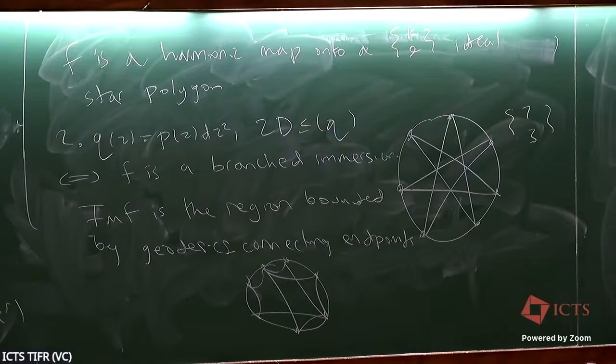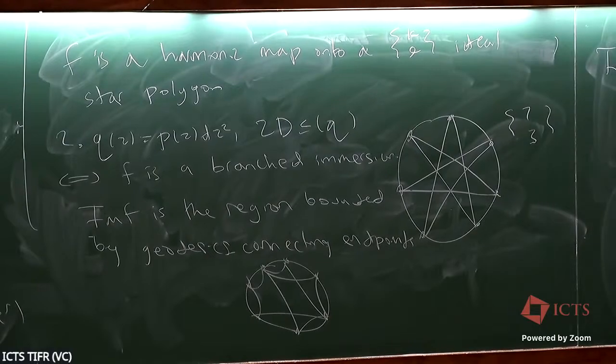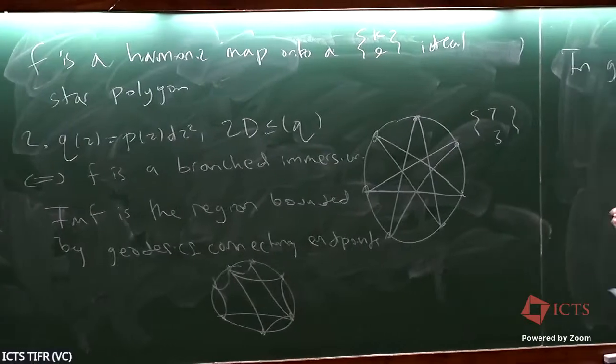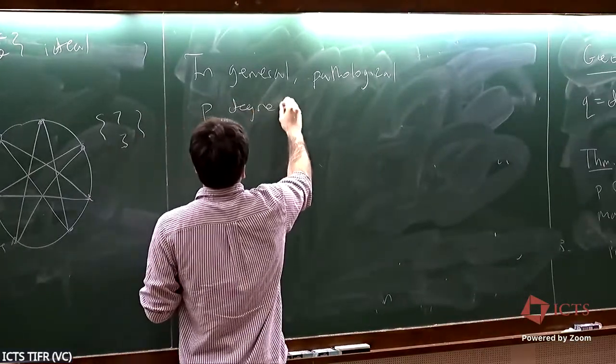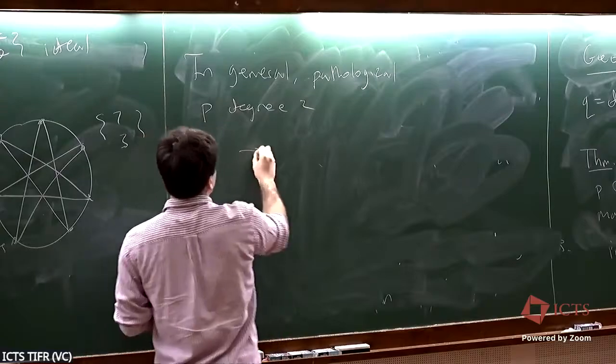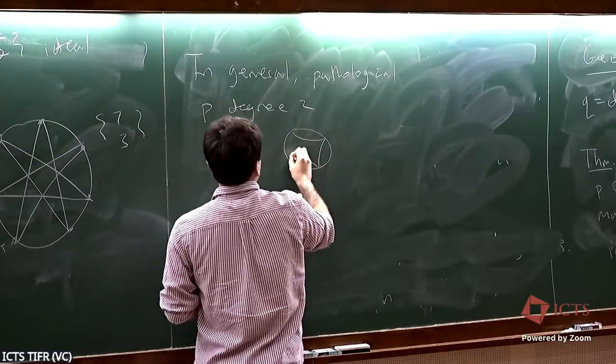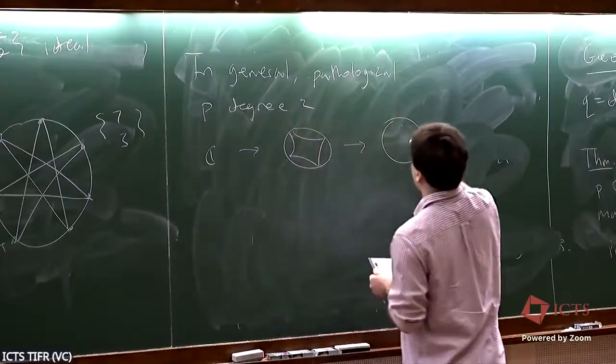I think I'll just say that this is kind of falling away from the theme of high energy harmonic maps, or maybe it falls into other rays that aren't the ones we've been looking at. But in general, it's sort of pathological, and you get a lot of different looking shapes on the disk that aren't so nice. So just for E of degree 2, one example that we have is what's called a folding of a